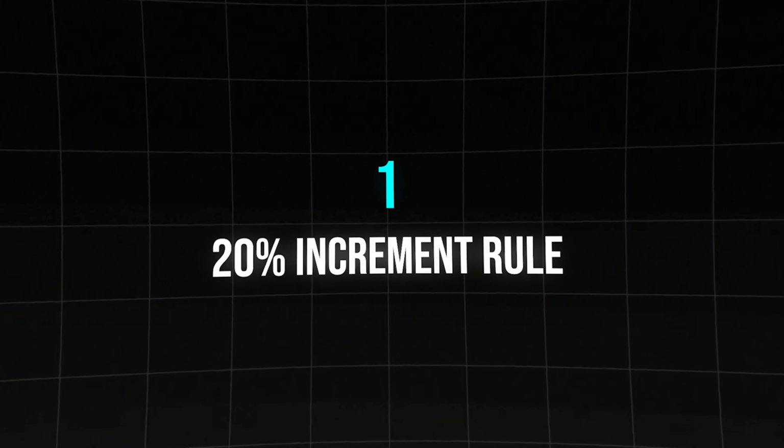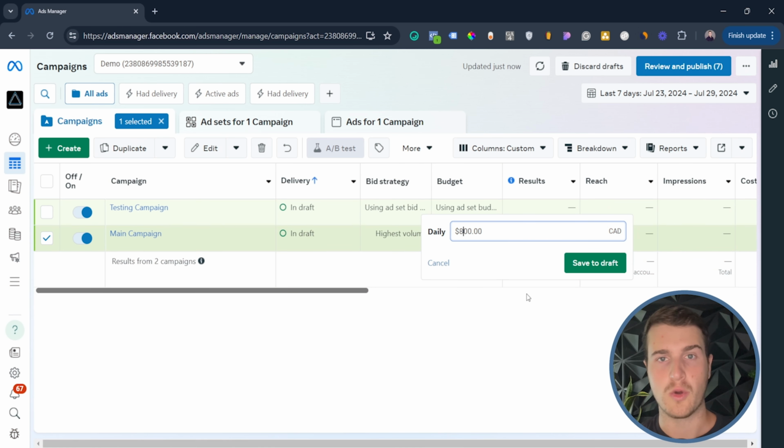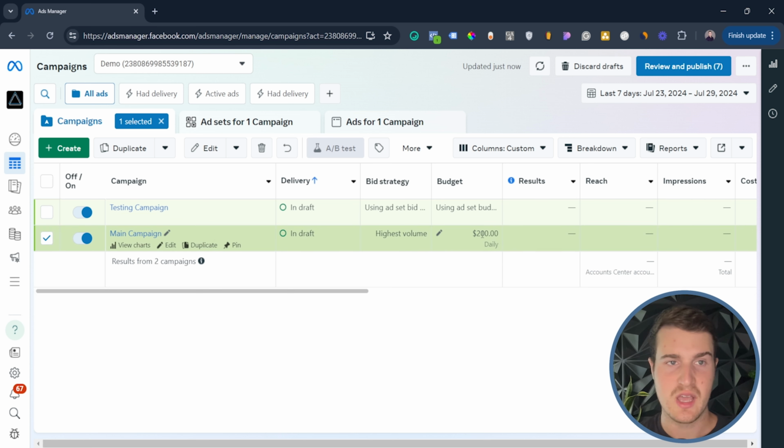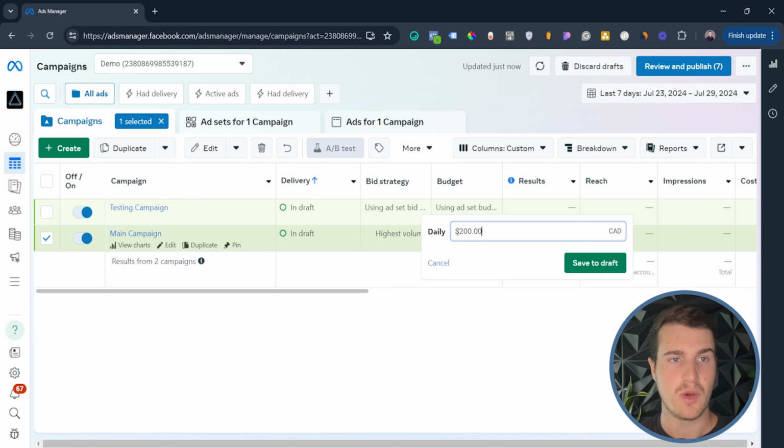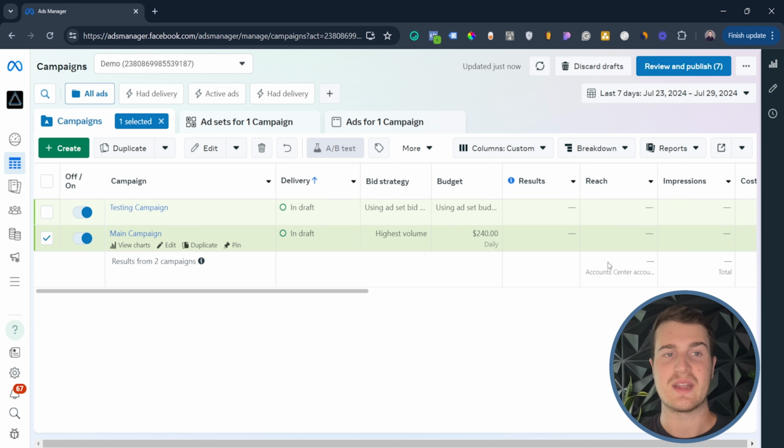And it's actually using the 20% increment rule. So what you're going to do is you're going to look at your overall budget. And let's say, for example, right now you are spending $200 a day. Well, if you actually want to scale your ad account, what you want to do is look at the amount that you're currently spending, which in this campaign would be $200 a day, and add 20% to that. So what is 20% of $200? Well, that is about $40. So what I would do is I would just change this to 240,